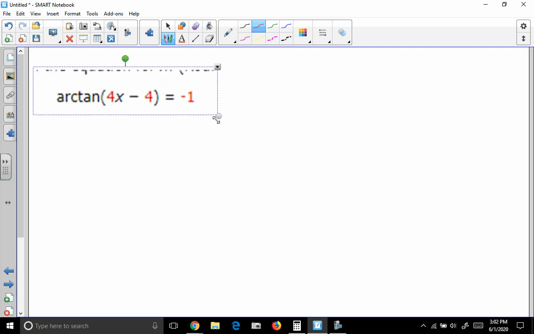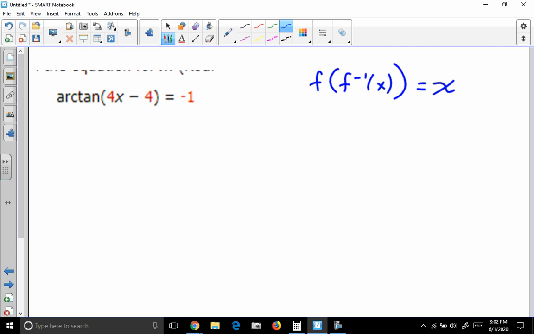This problem can be done similarly. We could write an equation. We could draw a triangle and write this out. Another way to handle this is to keep in mind that if we have a function and its inverse, and we do the composition, those undo each other. How's that going to help me in any way? If we take the tangent of the left, tangent of the right, tangent and arctangent undo each other,